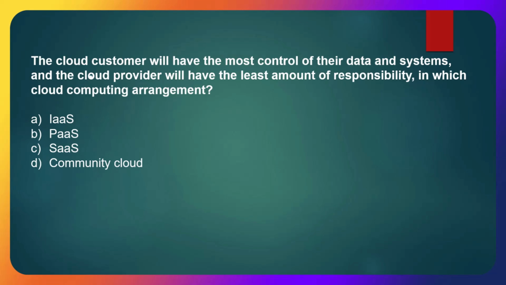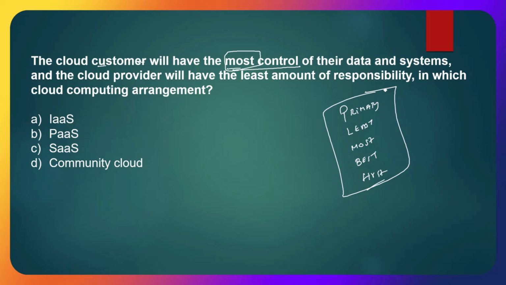Next question. The cloud customer will have the most control. The keyword is most. Mostly in the CCSP exam, there will be a lot of keywords, okay? Primary, least, most, best, first. Many keywords like this will be there. A single keyword will ultimately change the meaning of the question. So you should always be very careful while reading the question. I would suggest that you read the question twice, thrice. Understand the meaning. The cloud customer will have the most control of their data and systems, and the cloud provider